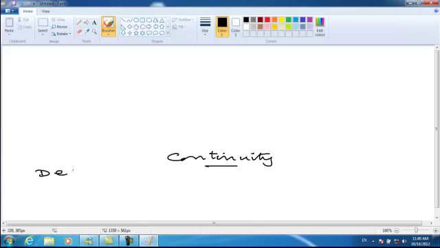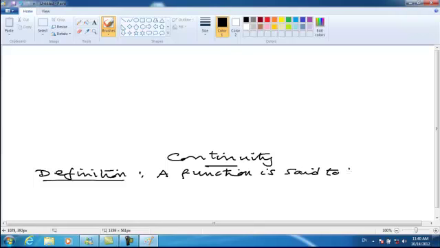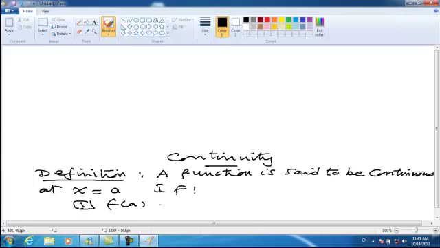Definition. A function is said to be continuous at x equal a if number 1, f of a is defined, number 2